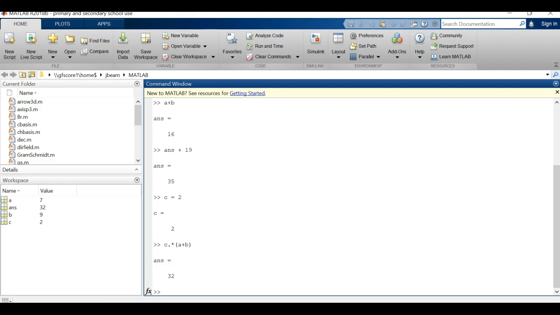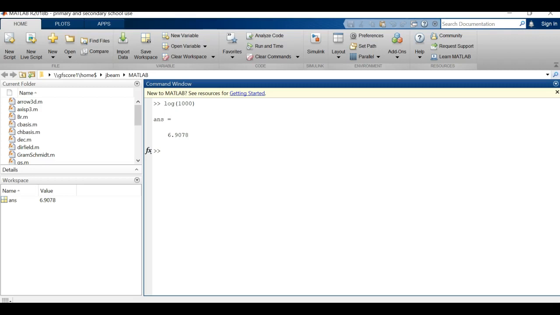Alright, so let's clear out our variables. Clear our screen. Okay. And I want to look at logs and the exponential function, because they don't do what you think they should do. Normally, if I take log of 1,000 on my calculator, I would expect to get 3, because 10 to the third is 1,000. If I do this, I get